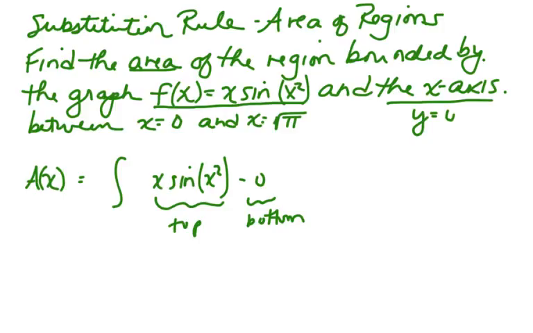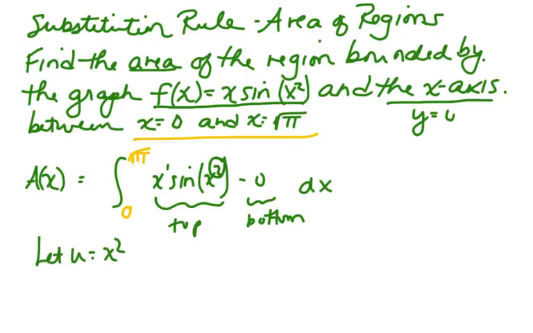The other thing that the problem gives you is the limits of integration. You want to look between x equals 0 and the square root of pi. So this is simply an integral that you need to solve. Looking at this, hopefully you see that you've got a substitution problem here. You've got a power of 2 as an argument to sine, and one less than that is just plain old x. So let